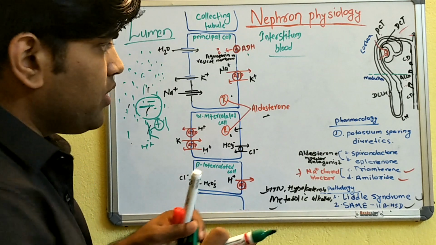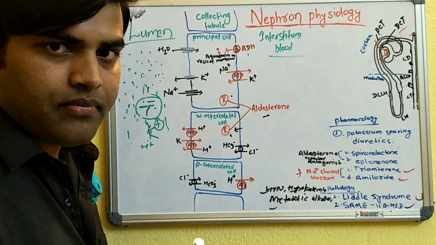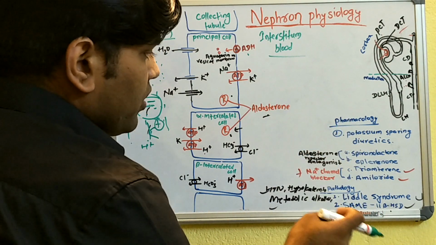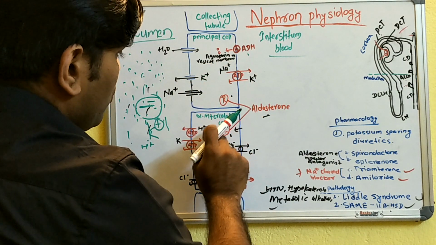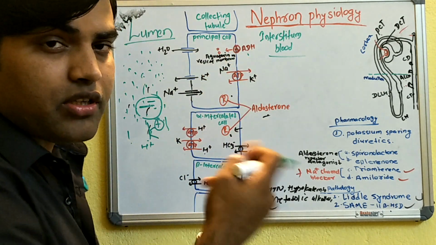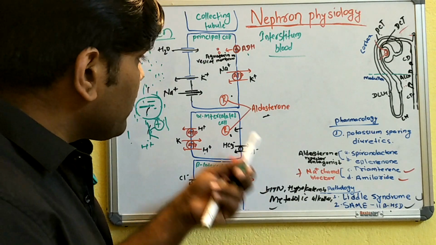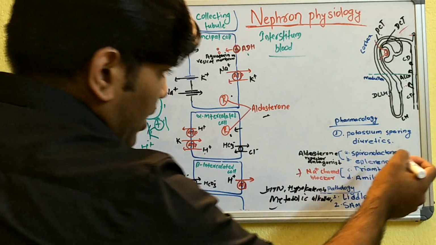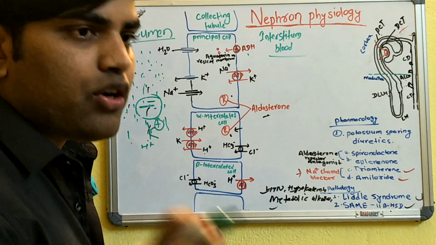Have you understood this point? So this is the pharmacology, how it works. If you are going to use spironolactone or eplerenone, these are the aldosterone receptor antagonists, and this will block this. So it doesn't require secreting the potassium, and because of this, you are not losing your potassium from your body. But spironolactone, an aldosterone receptor antagonist, has one major side effect known as